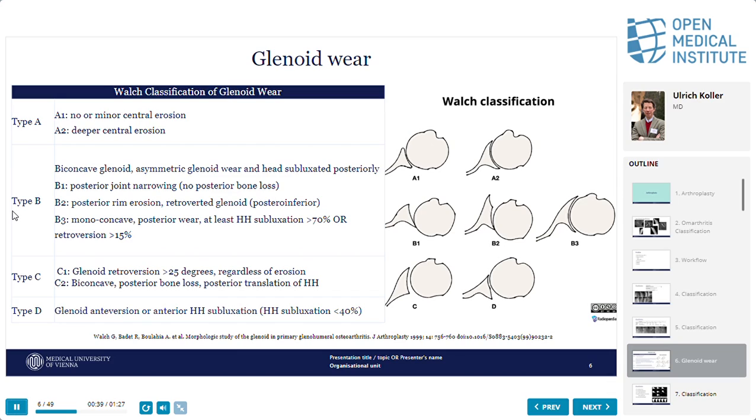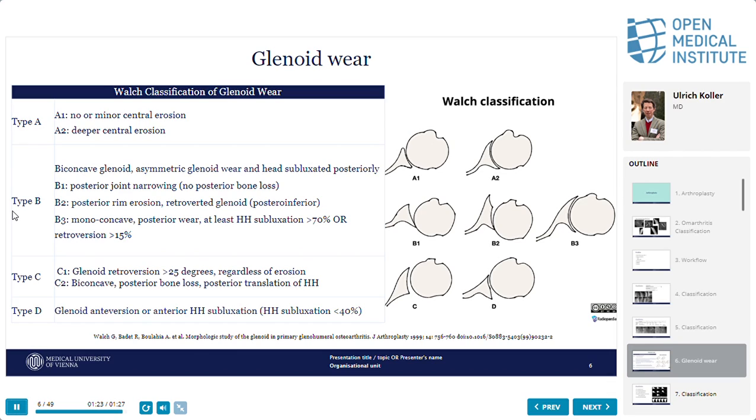What do you think? When you're thinking about how to fix it, I mean, it does not matter if you do a reverse or an anatomic, but you cannot go for an anatomic in this shoulder, for example, because you would have too much wear, subluxation problems, and so on. So you have to judge first, and you will go to court for this reason when you're putting an anatomic in this kind of dysplastic glenoid. So it is quite important that you know which